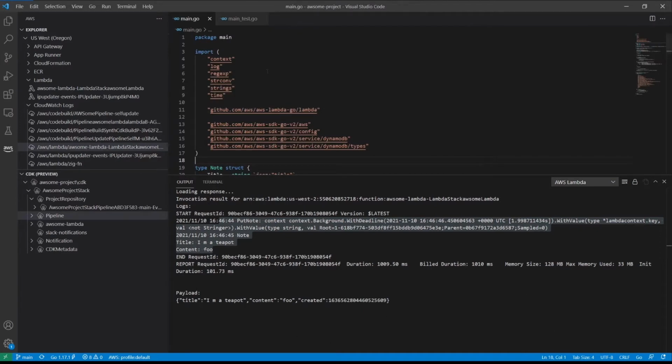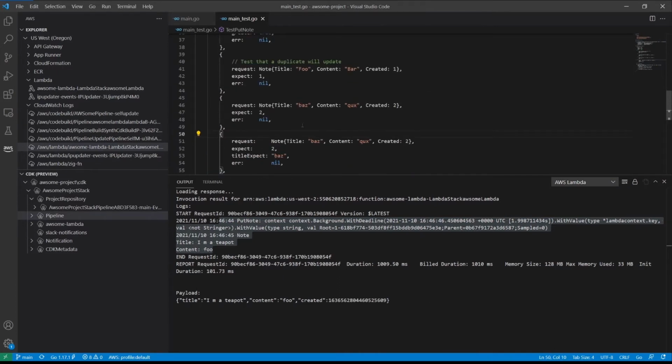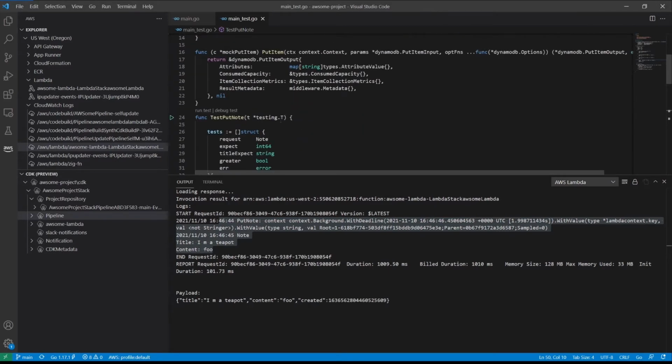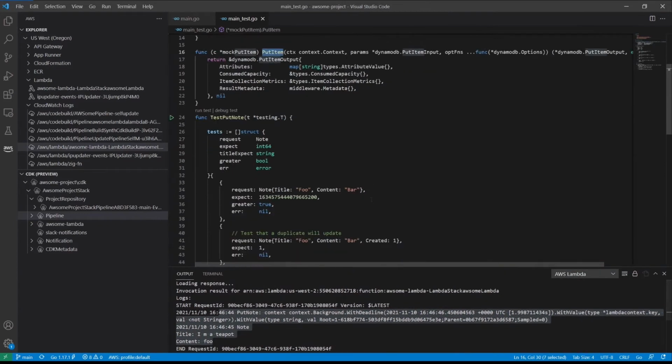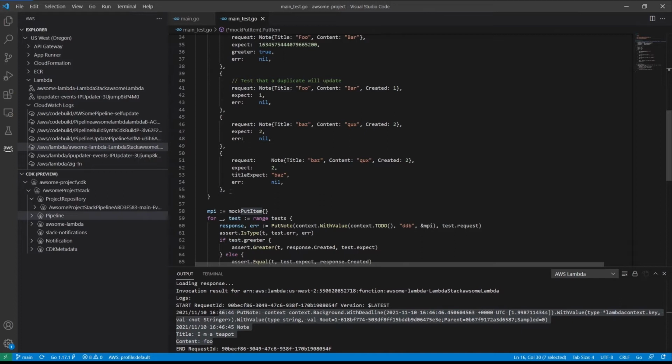And before we jump into the code too much, let's look at the tests. Being good developers, we're writing tests first. So we've got this test put note. Looks like we have a put item mock here, which we'll talk about in a little bit. But first we want to write a test so that we can reproduce the issue.